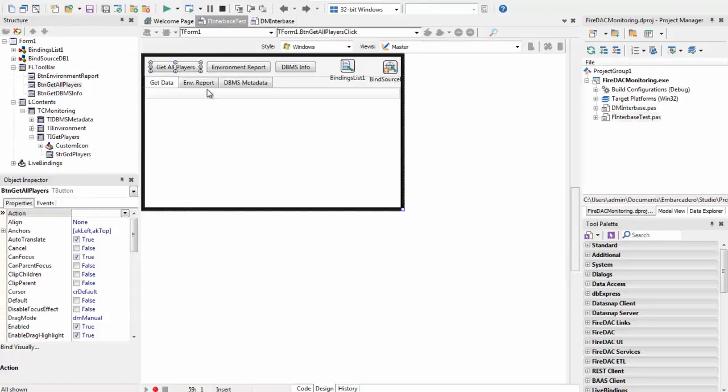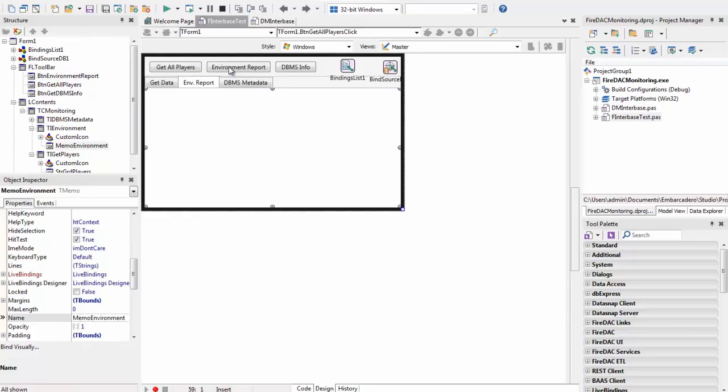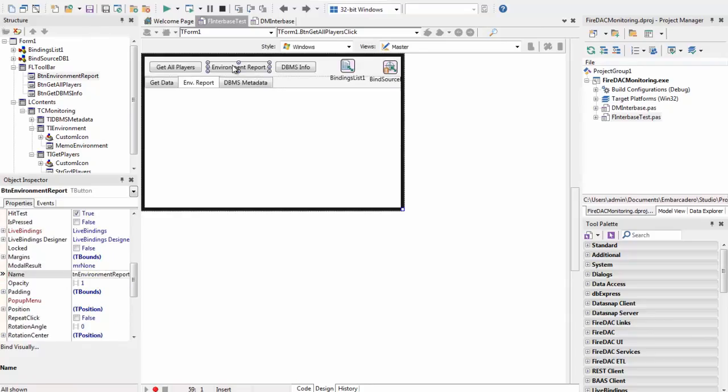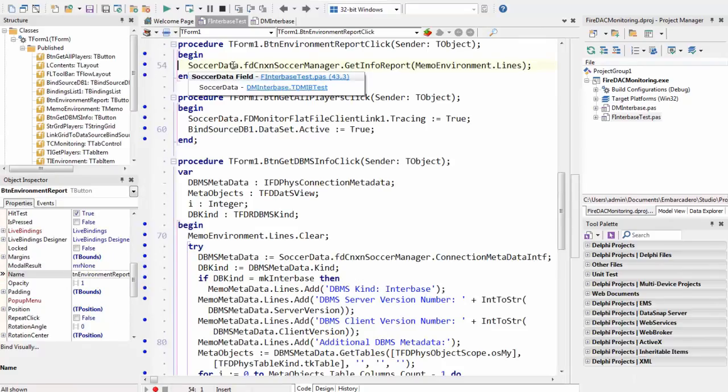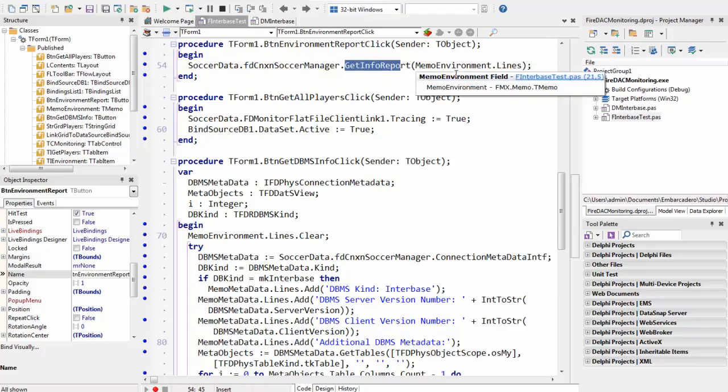So if I go over to my front end, I have my second tab item, which is called my environment report. Within here, I just have a TMemo, and I've got a little button up here called environment report. And if we go and open up environment report, all I'm doing is referring to my data module, accessing my connection, and calling GetInfoReport. And what I'm passing into GetInfoReport is memoEnvironment.Lines. And at this point, that will write out that info report for us. So again, if we go and run up our application,